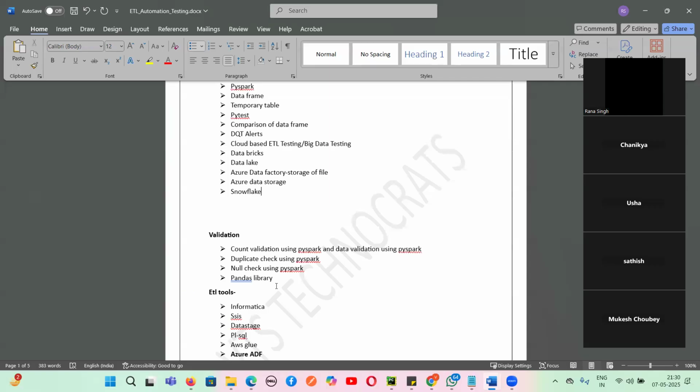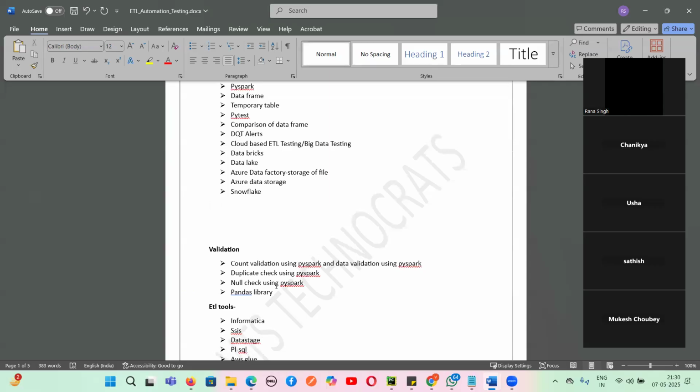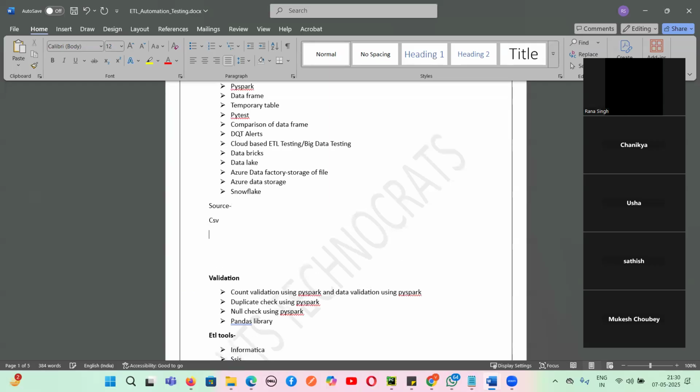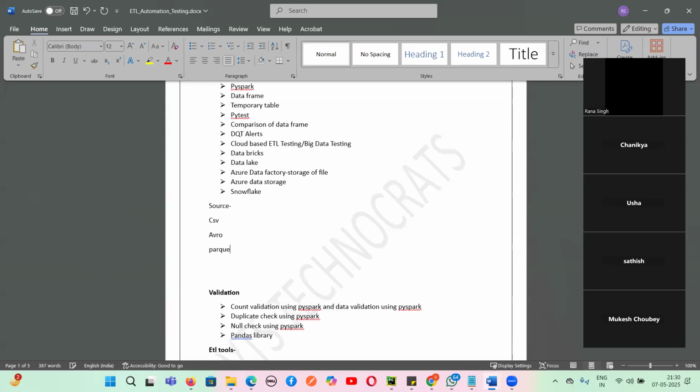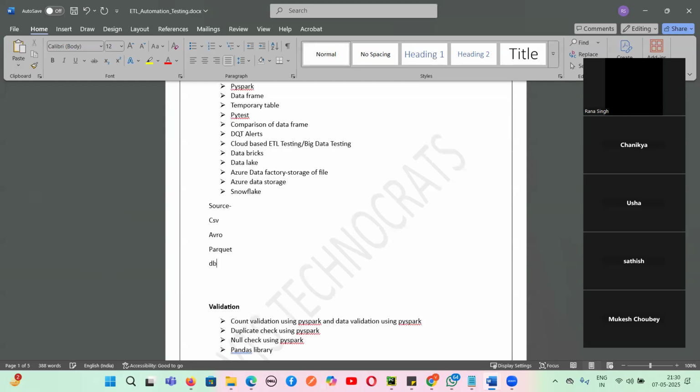What will you cover in Snowflake and big data? Snowflake, guys, is the actual data warehouse on a cloud platform. Suppose there's a source, guys. The source can be a CSV file format or an Avro file format or a Parquet file format or a database. And from the source, when the data goes, guys, to something called